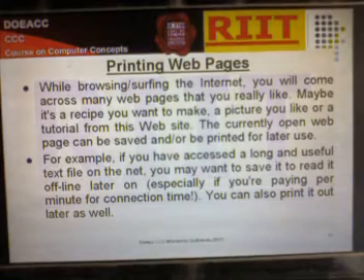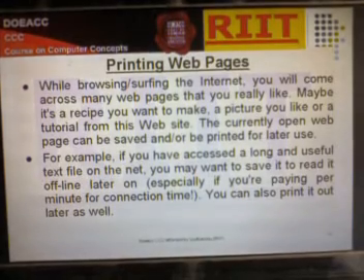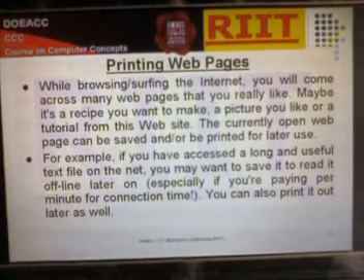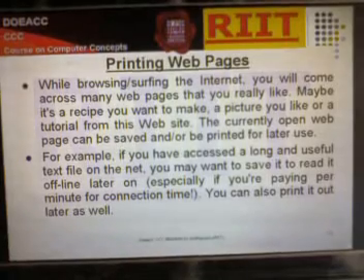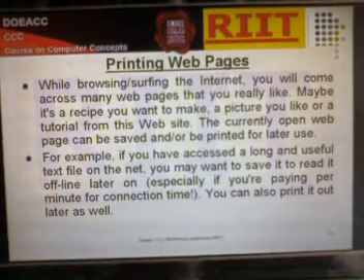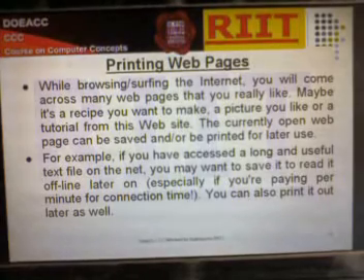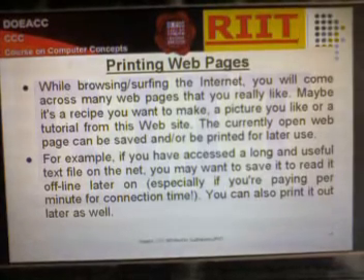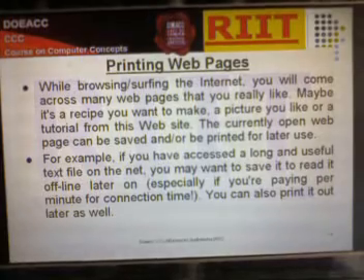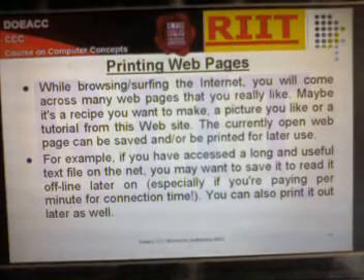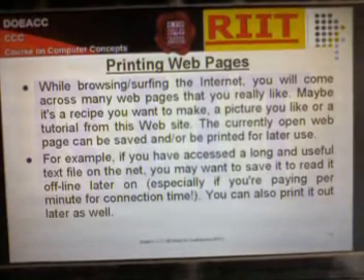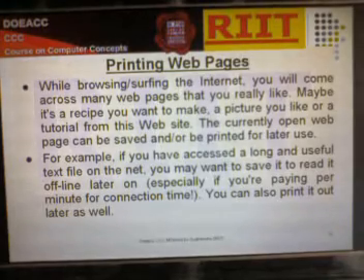Printing web pages. While browsing, surfing the internet, you will come across many web pages that you really like. Maybe it's a recipe you want to make, a picture you like, or a tutorial from a website. The currently open web page can be saved and or printed for later use.